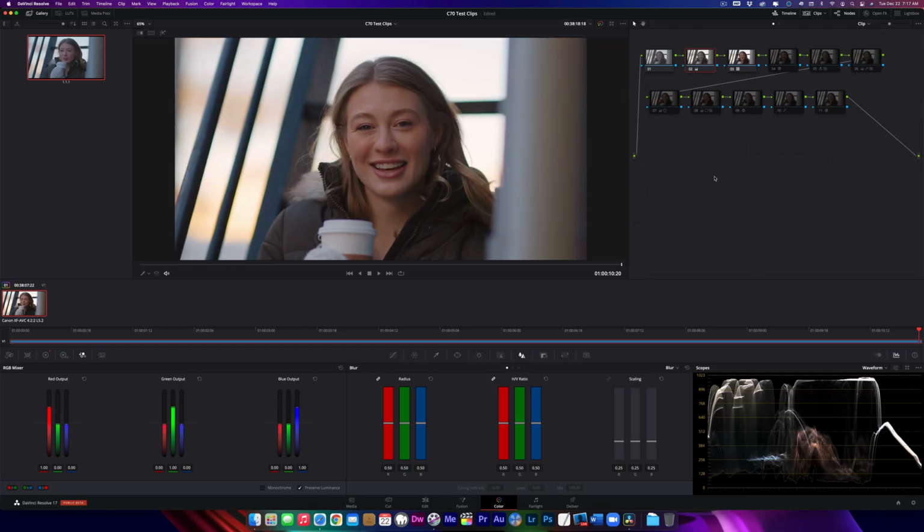Okay. Now, for my next node, so once I'm happy with the LUT that I applied, or the color transform that I applied, or whatever I'm doing to make sure that I'm working in Rec 709 space, and I adjust my exposure and my contrast to make sure that I'm taking as much as I can of the dynamic range out of the image, I then add another node, and this is where I focus on skin. And you notice what I did is I reduced the contrast just a tad. I increased the exposure just a bit. And the main reason is,